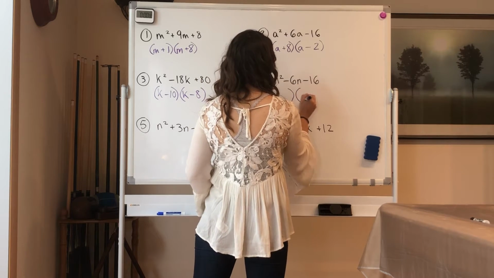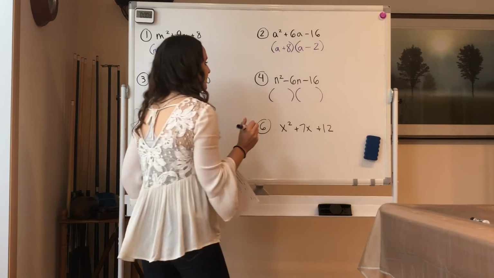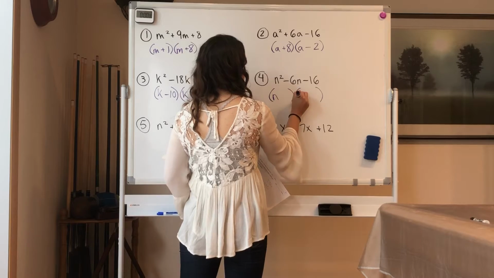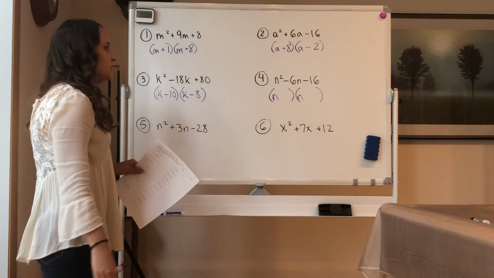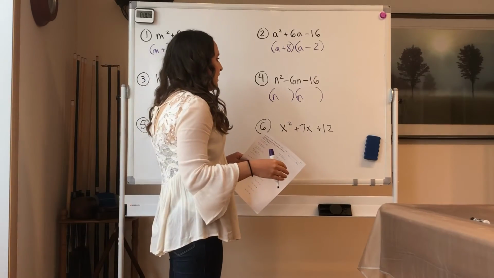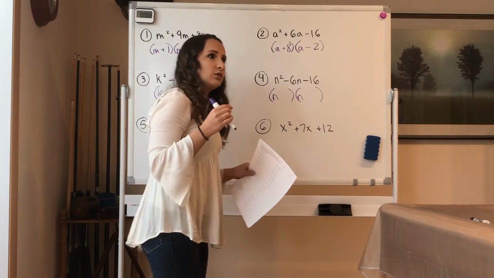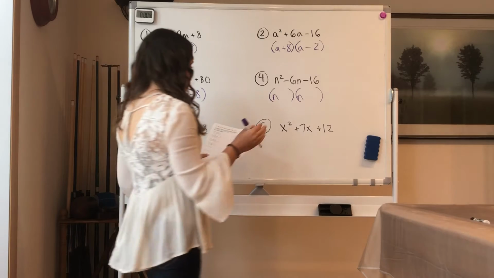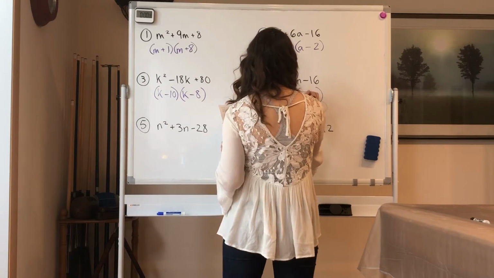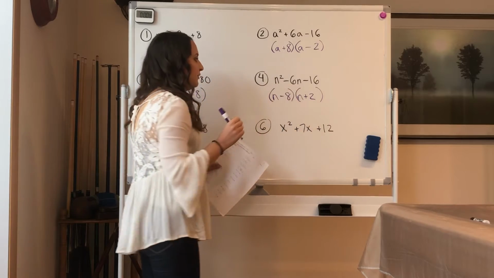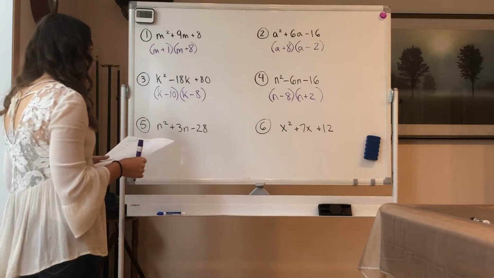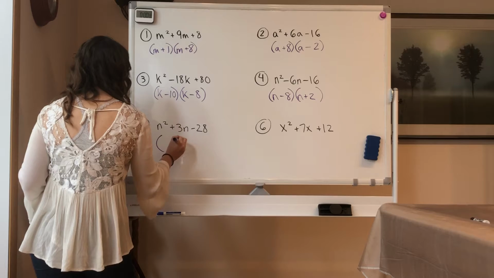Next, what two numbers multiply to negative 16 and add to negative 6? So similar to this one, but it's going to be the opposite. So we need negative 8 and positive 2 for this one instead. Negative 8 and positive 2, because negative 8 plus 2 is negative 6. Okay, this one,